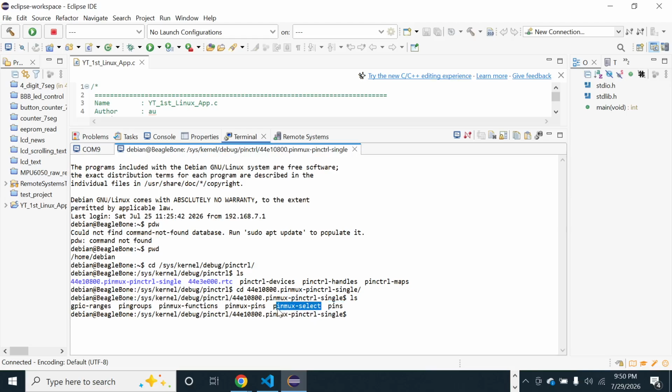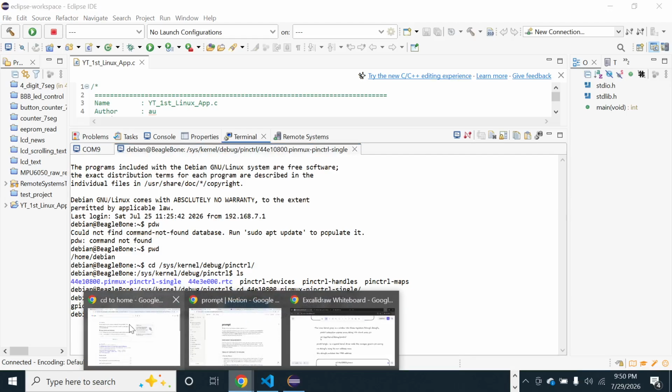Pin-mux select. I'm not sure what this is, but pin-mux pins shows you the mux mode of the pin. So let's say the mode of a pin is mode 7, mode 2, mode 3. Mode 7, most of the pins, if it's in mode 7, is in GPIO. How do you know this? When you go to the